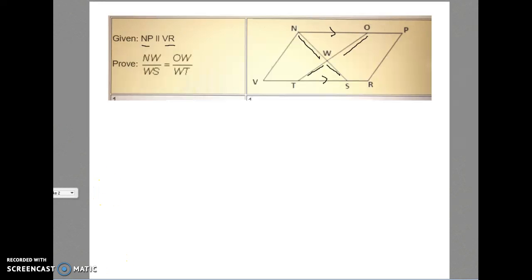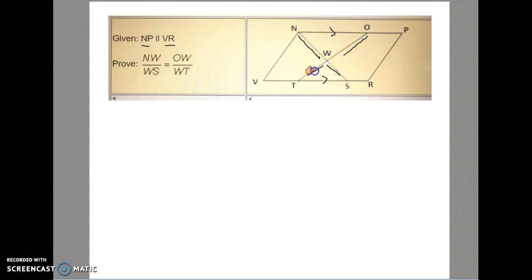Okay, so let's just take a minute and see what we are given here and what we need to find. We're given that MP is parallel to VR. I have that marked. And we're trying to prove that NW over WS equals OW over WT. So you want to think in your head ahead of time what that kind of means. That basically means that if I have two sides that are proportional, then I probably have two similar triangles